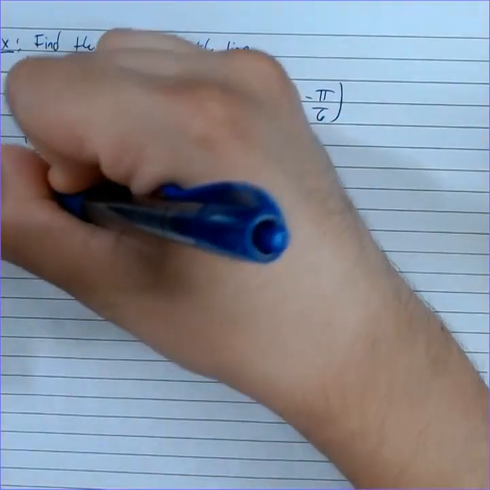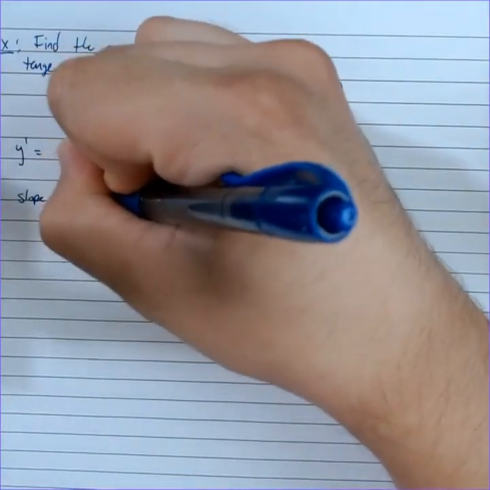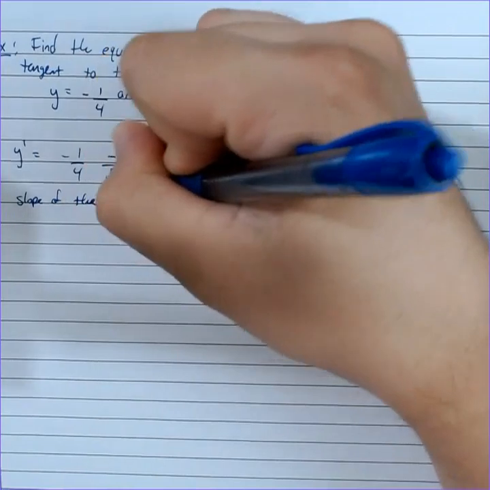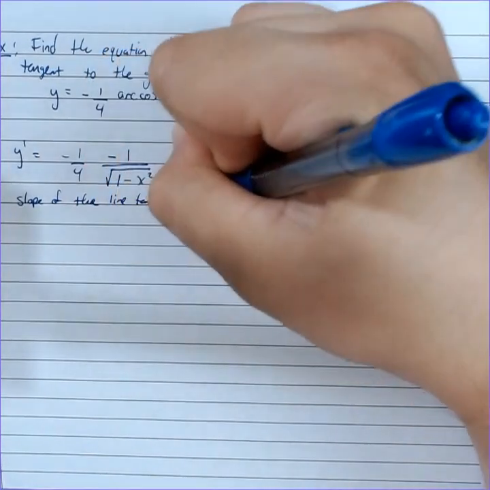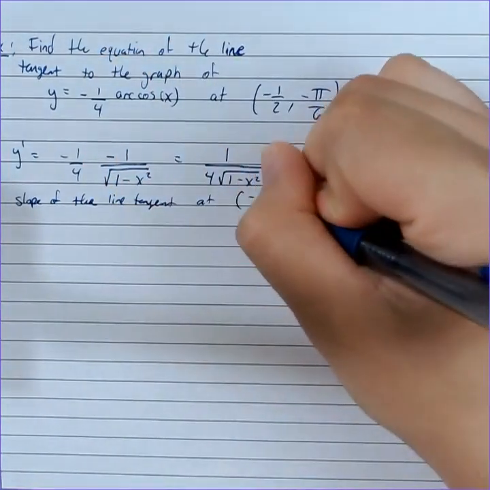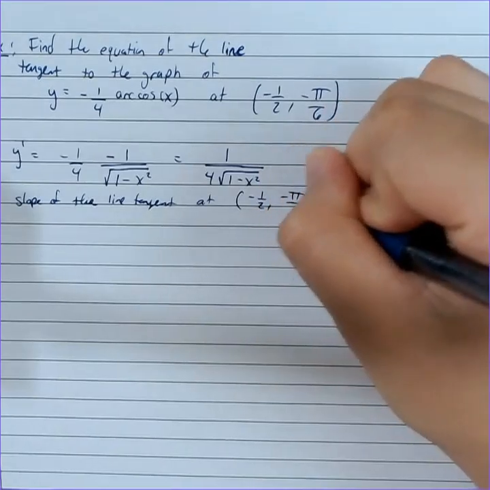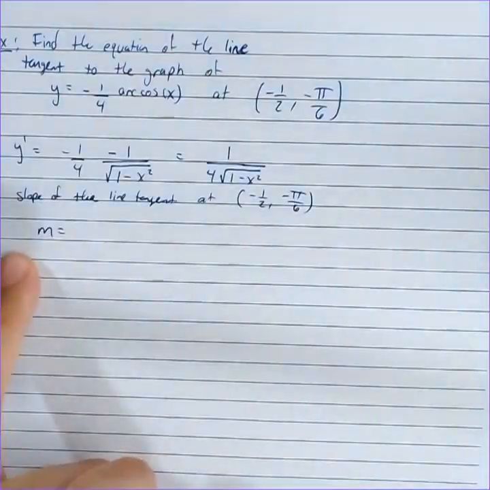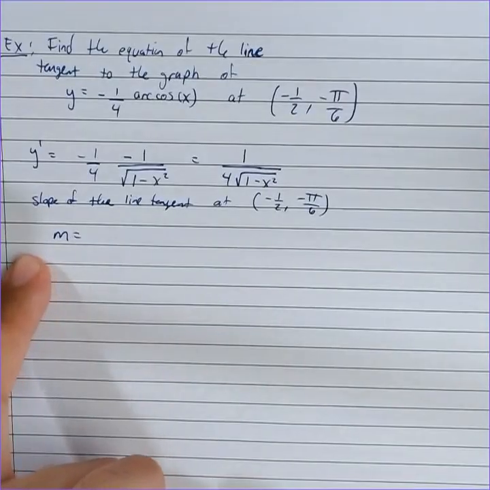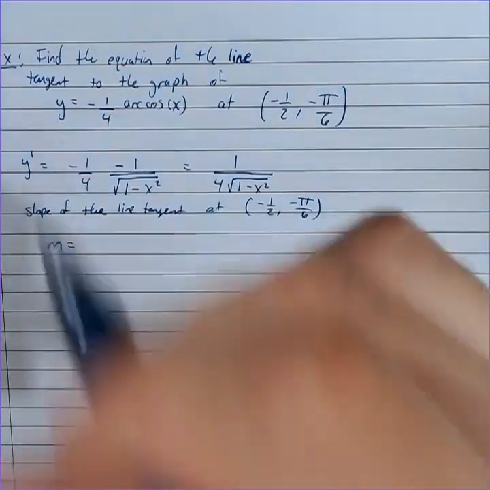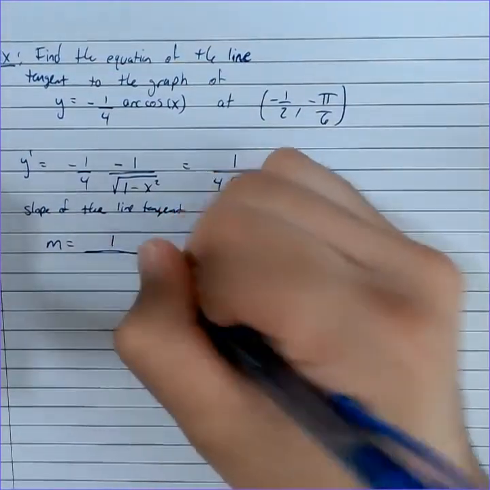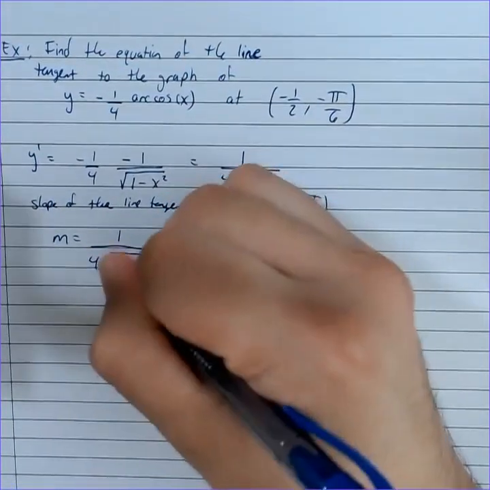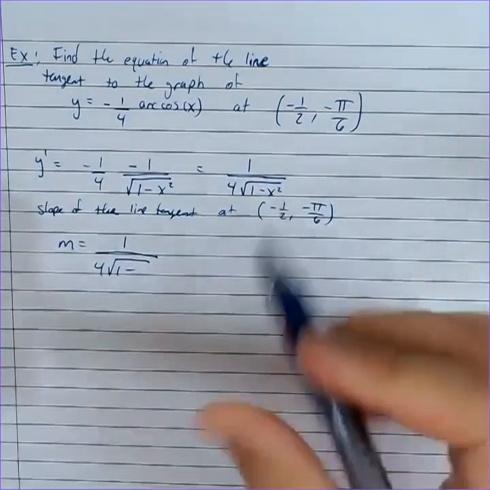So the slope of the line tangent at negative 1/2 comma negative pi over 6 is going to be m, symbol for slope, like back in algebra, is equal to 1 over 4 square root of 1 minus, we're going to take our x value,